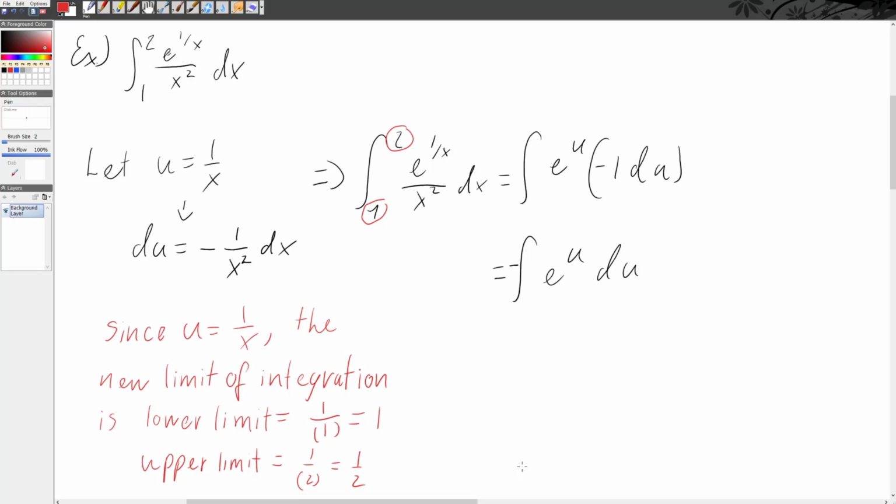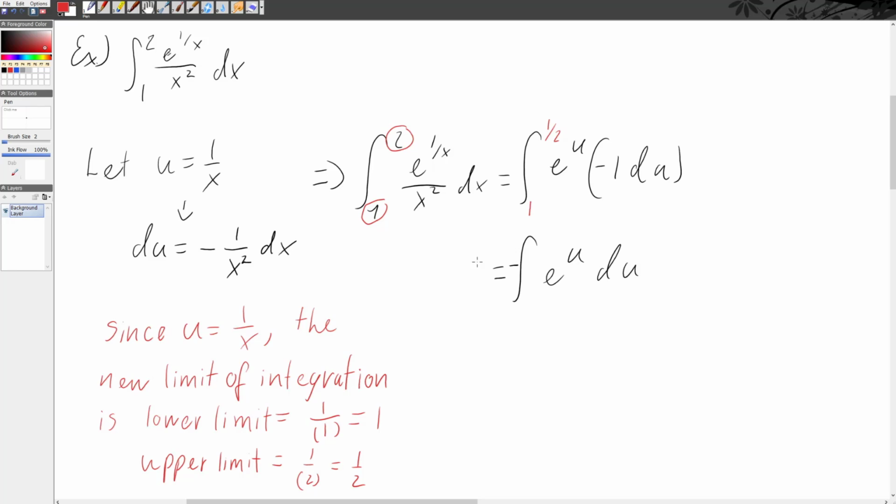And those are your new limits of integration. Note that this happened because the original limit is once again with respect to x. We did a change in variable to u, and so the limit of integration might not be the same. It might be different, and in this case it is. Meaning, in this case, instead of going from 1 to 2, we are actually going from 1 to 1/2,